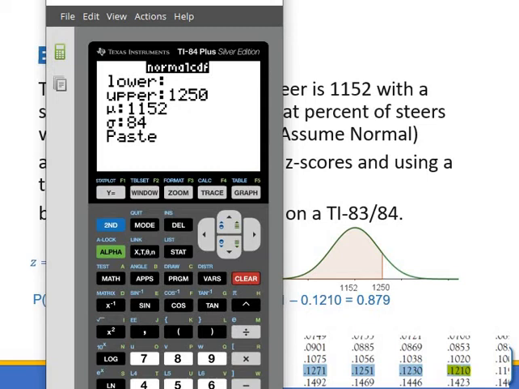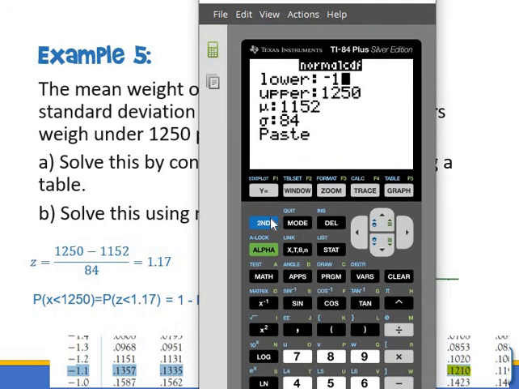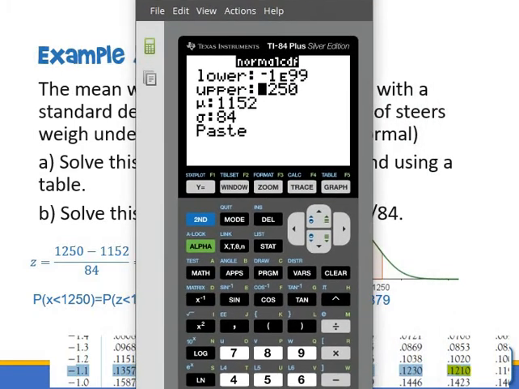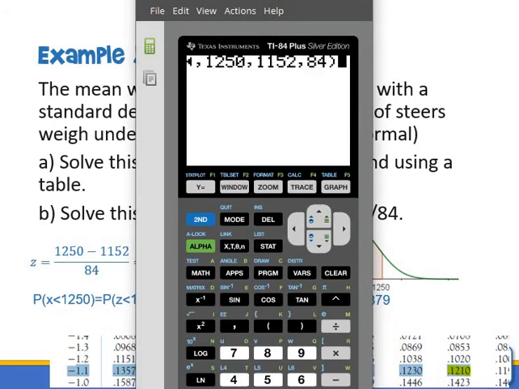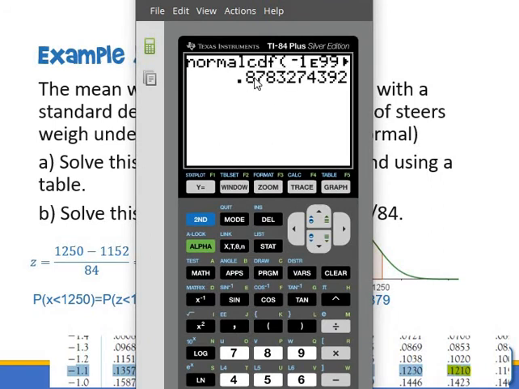So if I clear it out and retype it, I have negative 1, second, comma button to get the scientific notation e99. And then you'd go to your upper bound of 1250, put in the mean and the standard deviation. I'd done a previous problem with the same values, so they're still there. Type in the new ones if you need to. Hit enter a few times, and we get 0.8783, whereas I got 0.879 using the table. I get 0.878 using the calculator, but if we round, we got 88%. Okay,